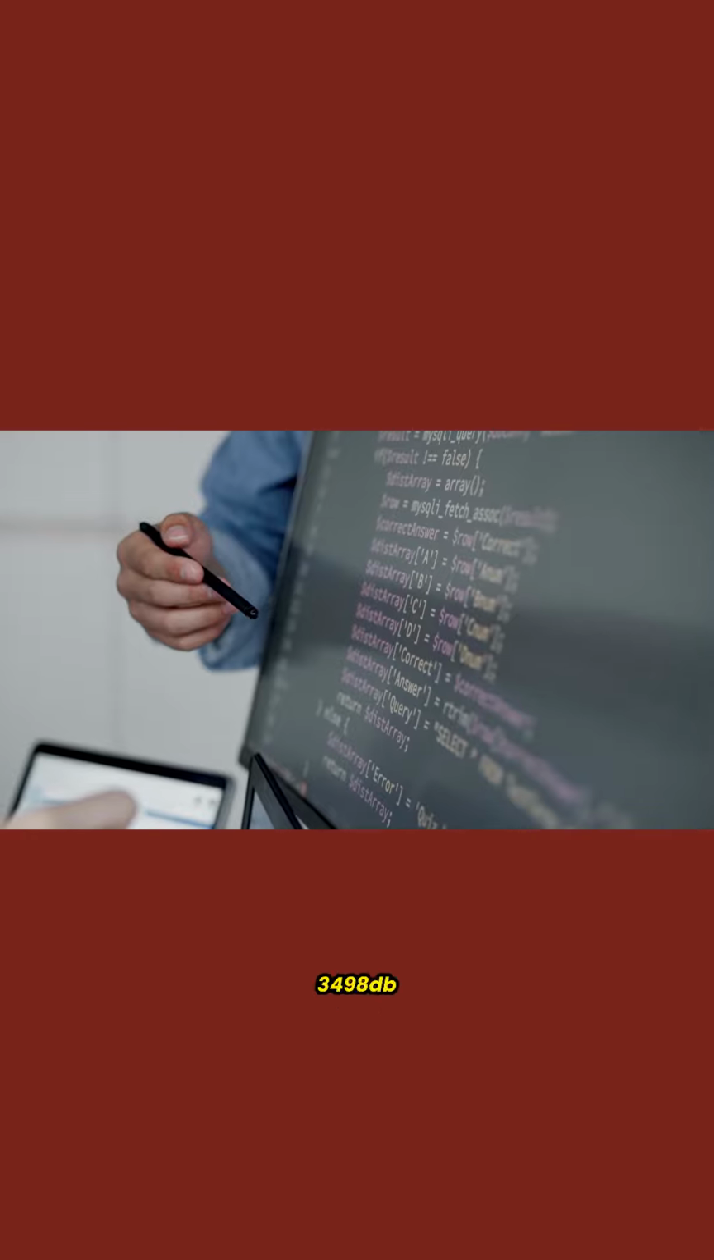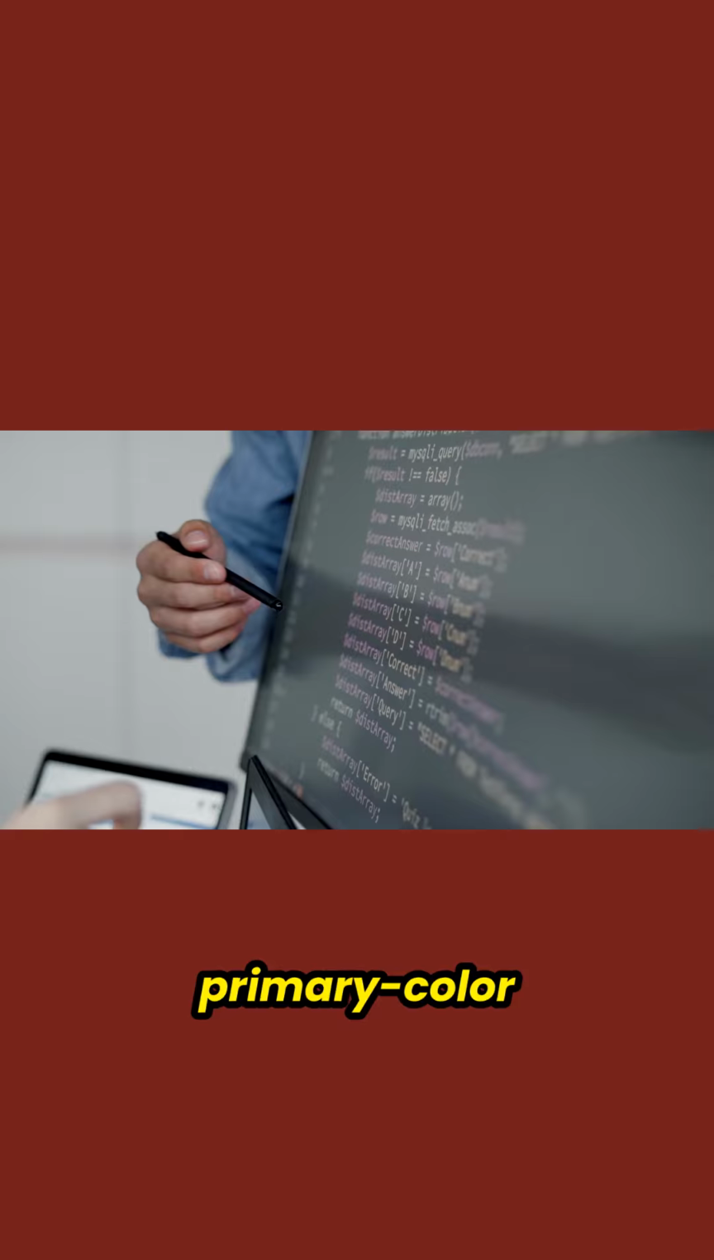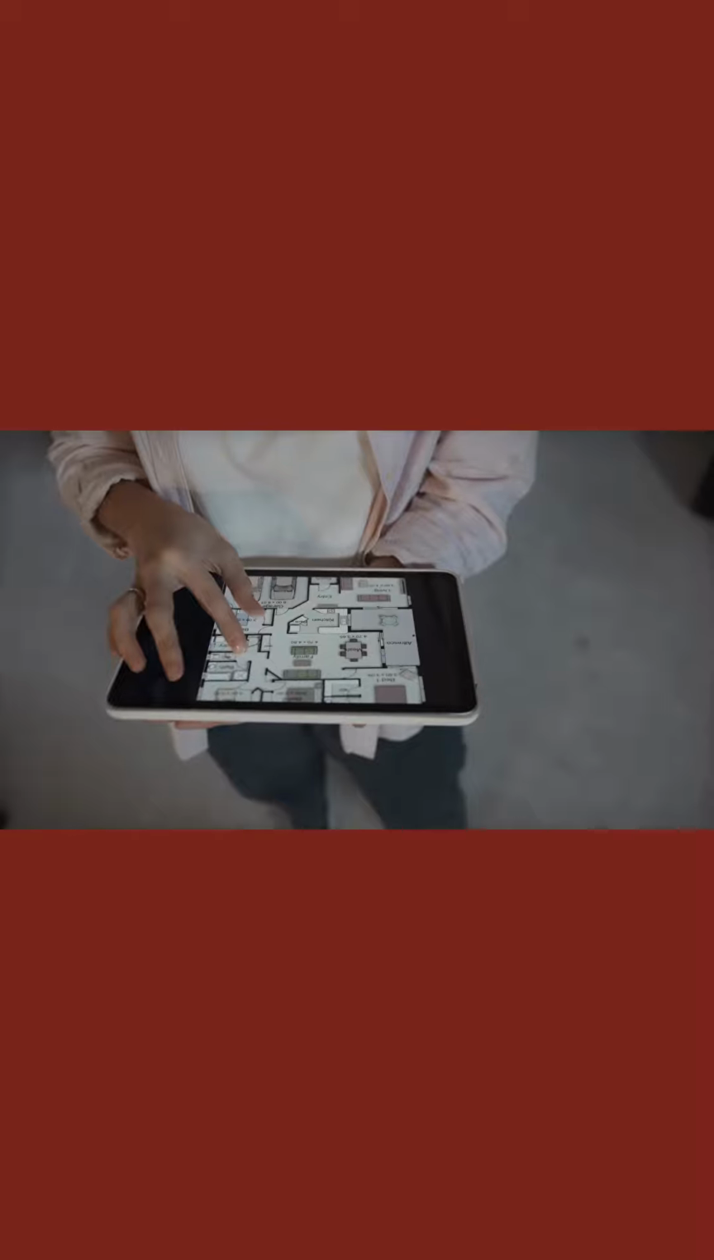Example: :root { --primary-color: #3498DB; --padding-size: 16px; } body { color: var(--primary-color); padding: var(--padding-size); }